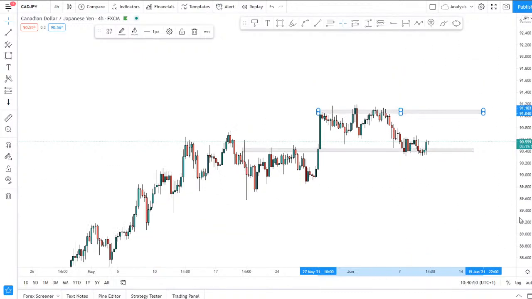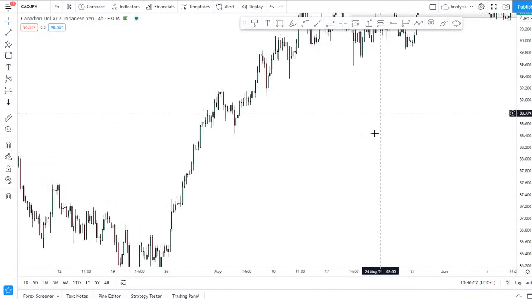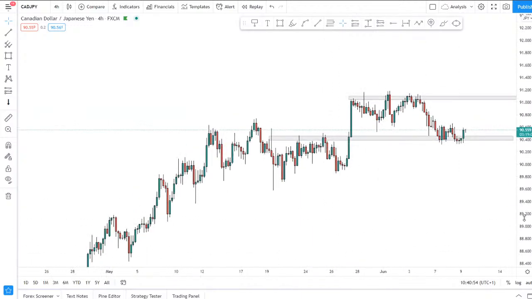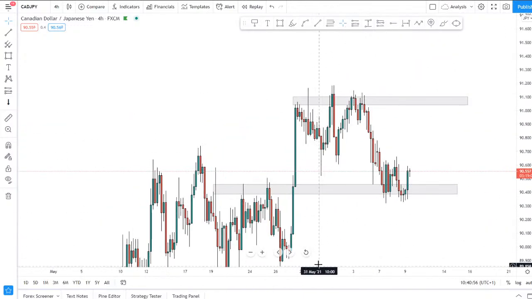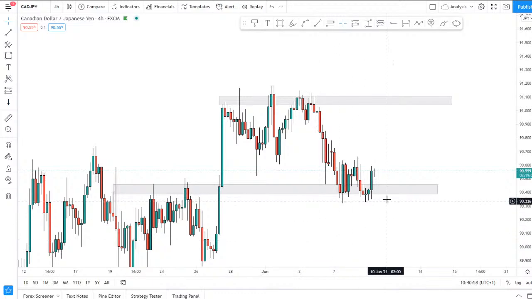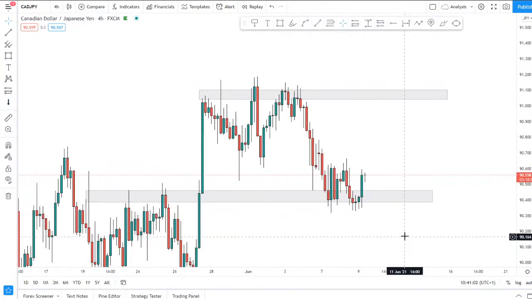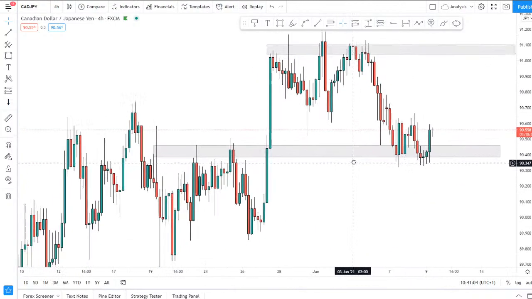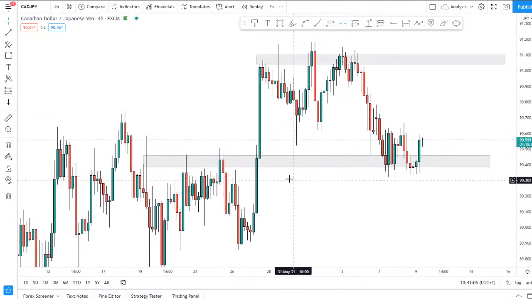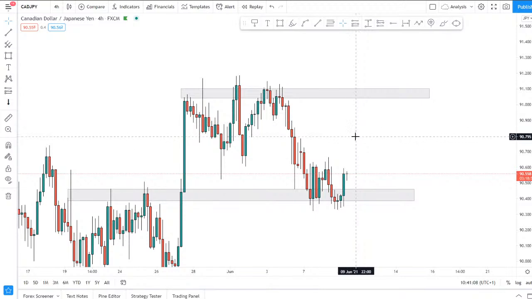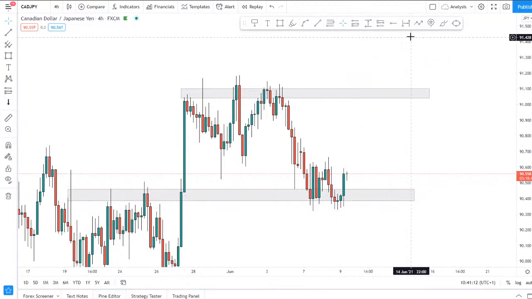Whether I'll look to sell, probably not, because, again, CAD JPY is still very much in a very strong bullish trend. So me selling there will be a little bit on the aggressive side. I need a little bit more development and price action to give me a bit more reason to sell there. And I'm not really getting much of that right now, but potentially it could actually be a good buy on the other hand,